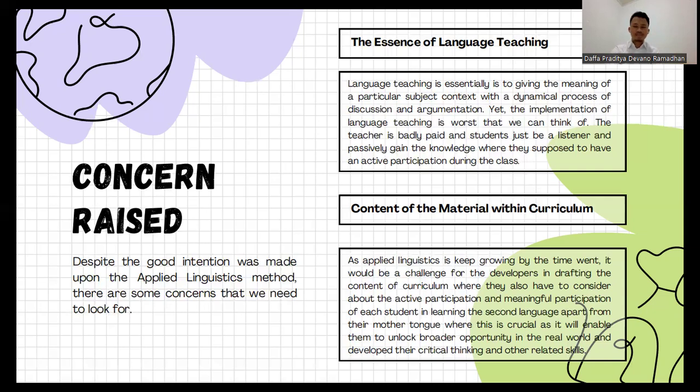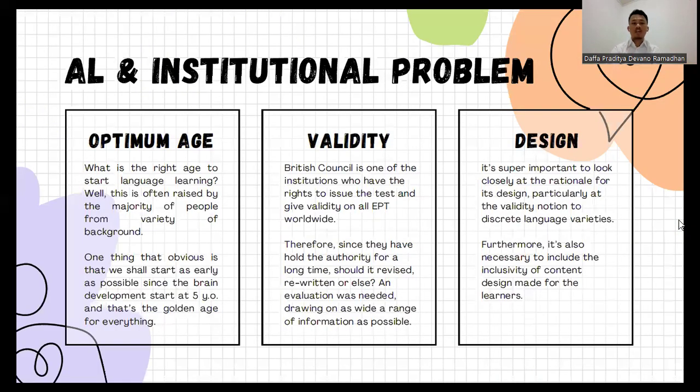And next, we're going to talk about the applied linguistics and institutional problem. There are three problems here on this slide. The first is the optimum age, the second one is validity, and the last one is design. The optimum age has been a concern since decades ago, where people start questioning, not only the teacher but also the stakeholders, the policymakers, the government's representatives, and even